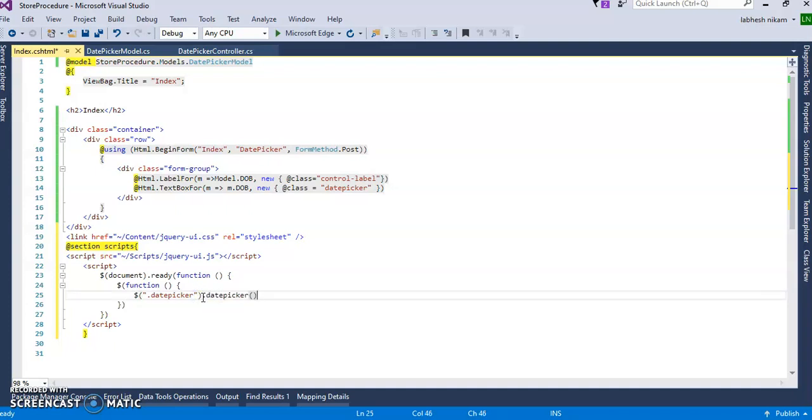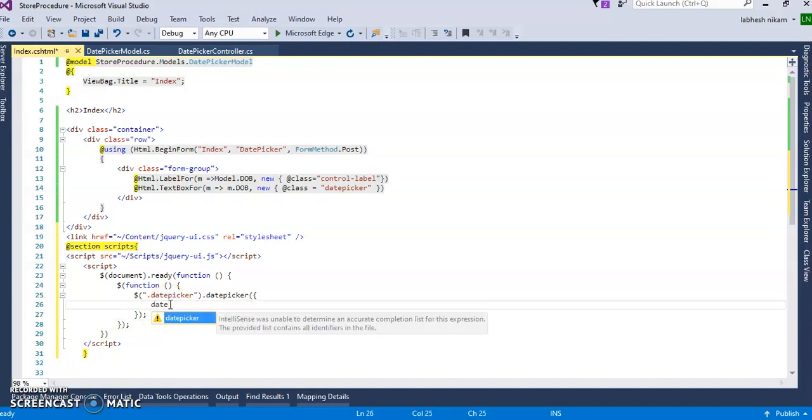And now inside of this I will write the formatting of the calendar, right? So write date format and use whatever you need.